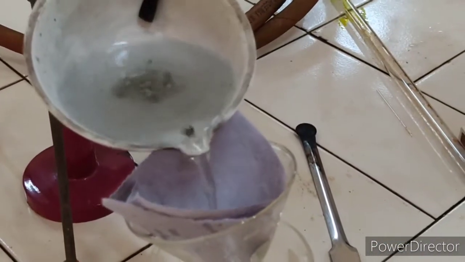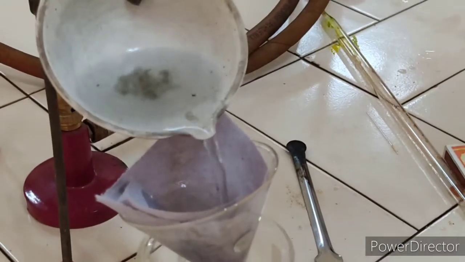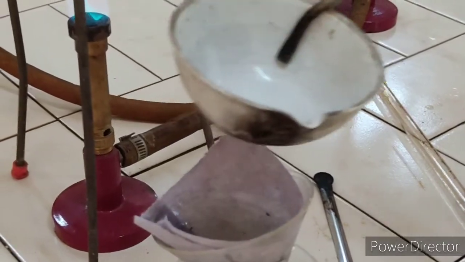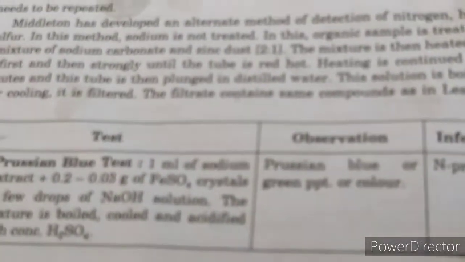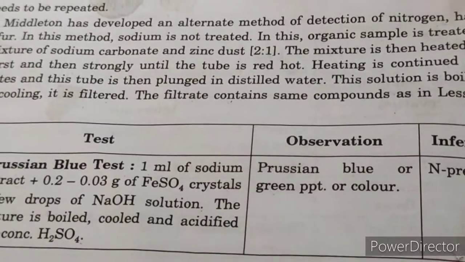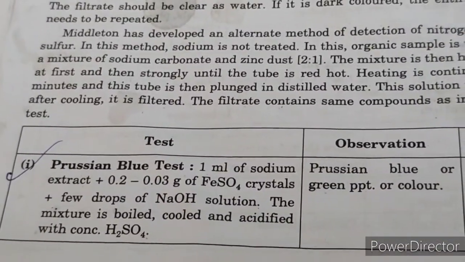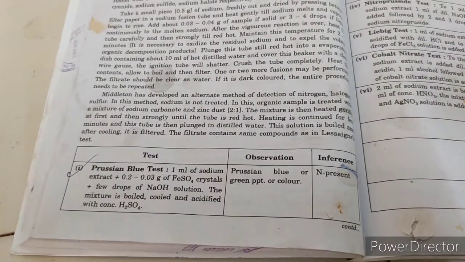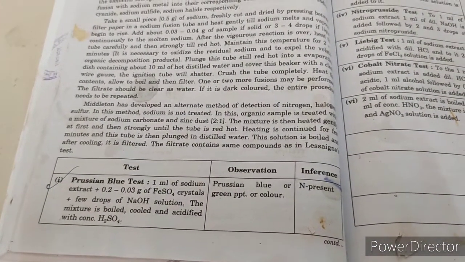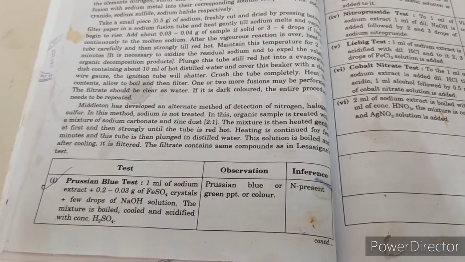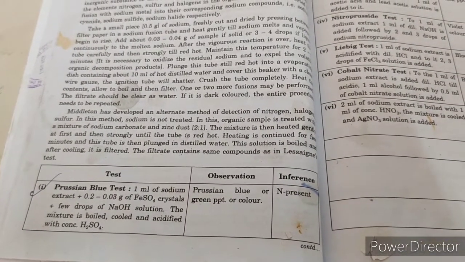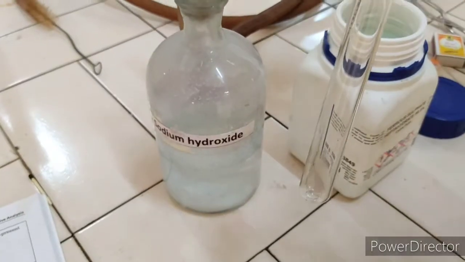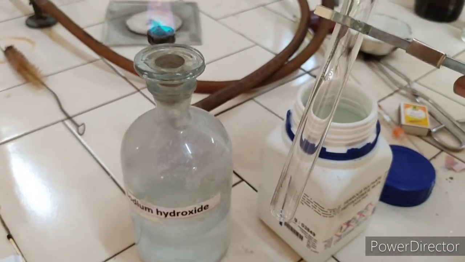Filter this sodium fusion extract. The first test which we are going to perform here is the Prussian blue test. This Prussian blue test is also called the nitrogen test. We are going to take extract plus ferrous sulfate plus sodium hydroxide and boil it and acidify with H2SO4. Here I am going to take a few ml of sodium fusion extract,